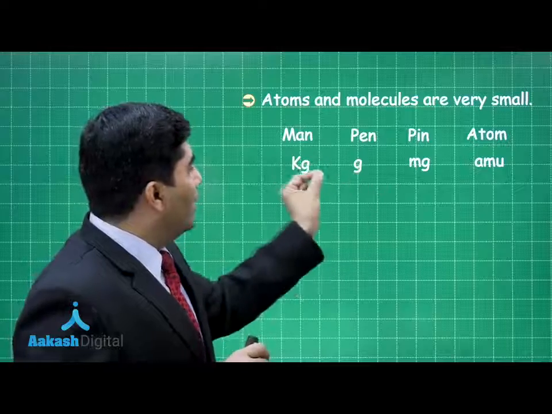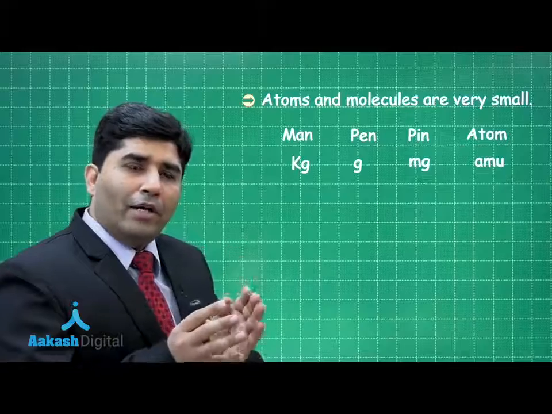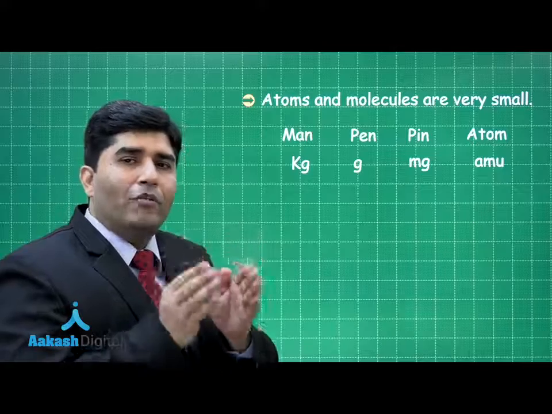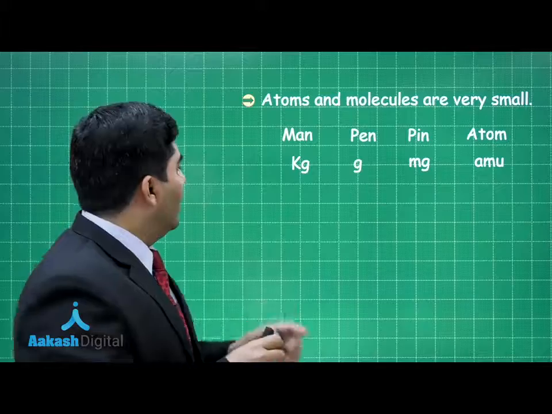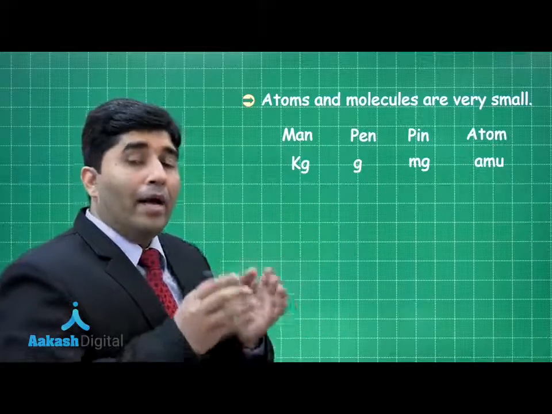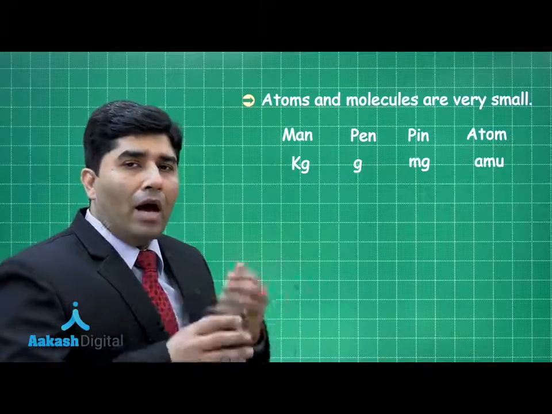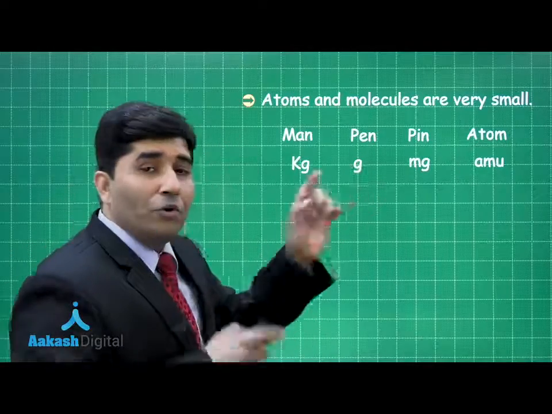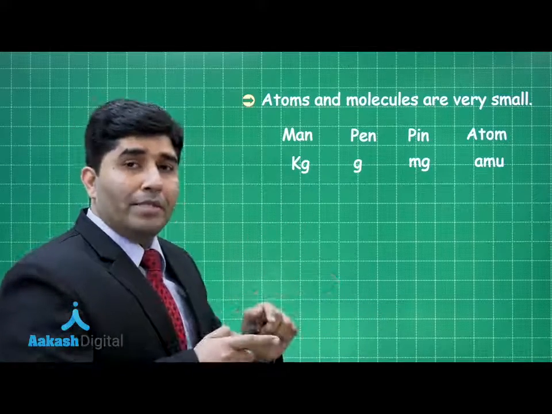But what is the relation between AMU and gram? We want to convert AMU into gram, and we need one conversion factor, as 1000 is the conversion factor between kg, gram and milligram. So, as we use gram more often in our day-to-day life, we want a conversion factor between AMU, which is a unit of mass, and gram, which is also a unit of mass.